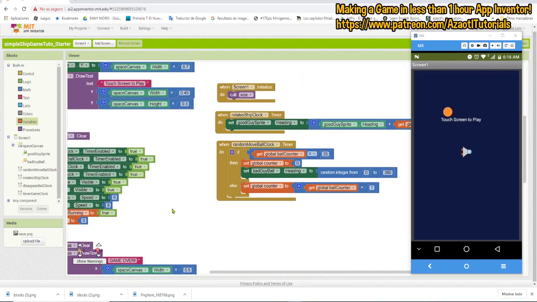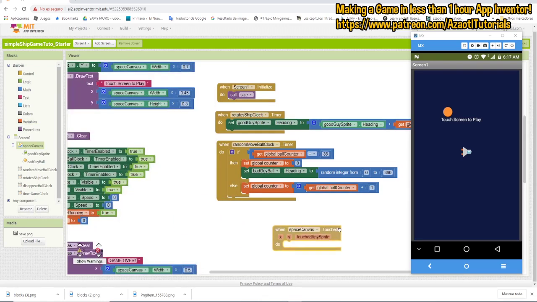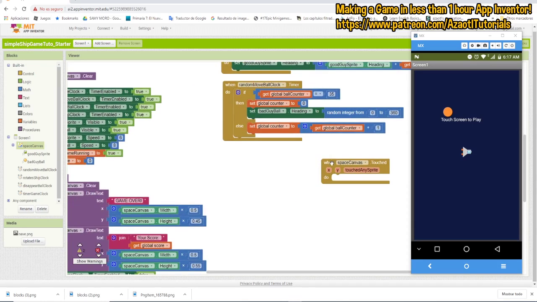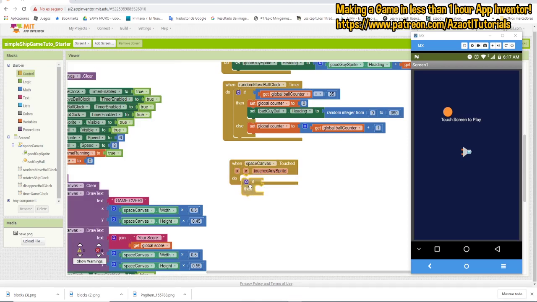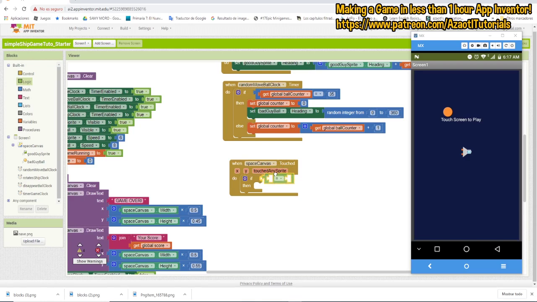Well, to start the game, we are going to use when we touch the screen. Okay, we're going to insert a very simple procedure. Well, the canvas, not the screen. And we're going to look for touch. And we're going to drag this thing here, touch. And with a very simple condition, we're going to start the game if the game is not started. And we are going to use here this. We are going to check if